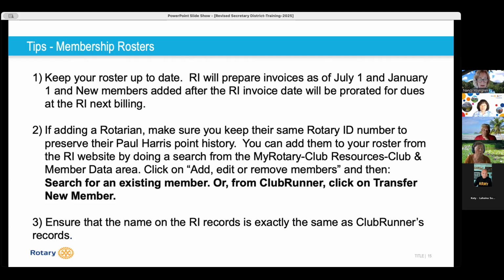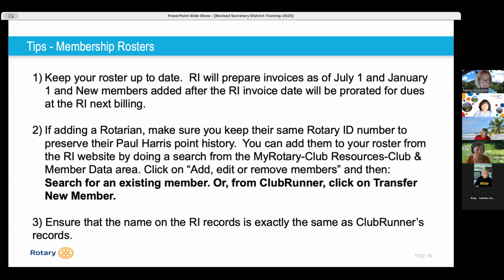Periodically the secretary, and I think there's a screenshot of this coming up, there's an RI synchronization button so that RI should update anyway, but just to be sure, you can do the RI synchronization and you don't have to then do it separately. The only time you have to do anything separately with RI, as long as you're keeping your district membership roster up to date, is if emails change, because RI uses the old email. And so you'll have to update that member's email at the Rotary International level, but otherwise everything can sync as long as you use Club Runner.